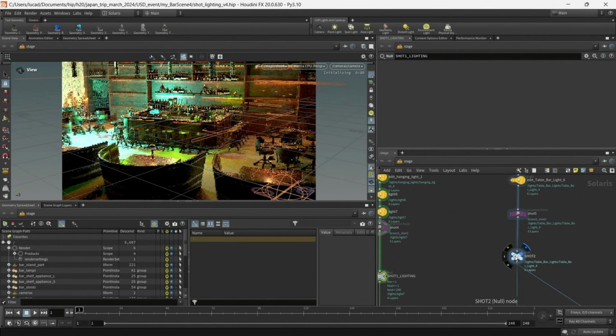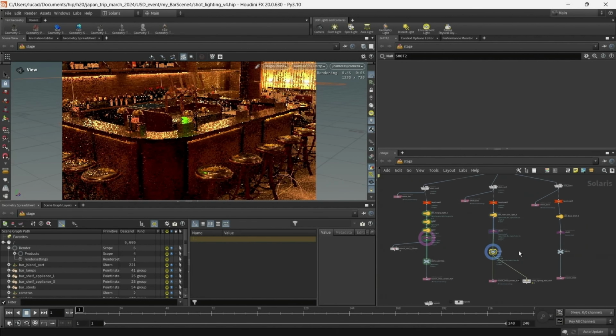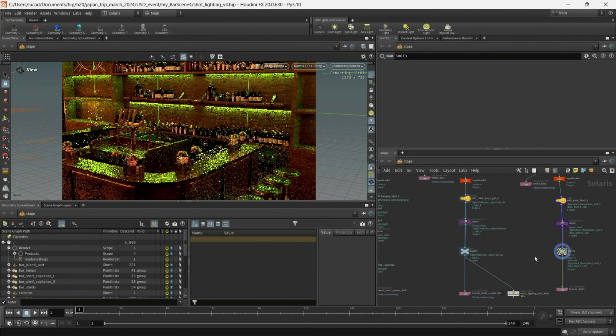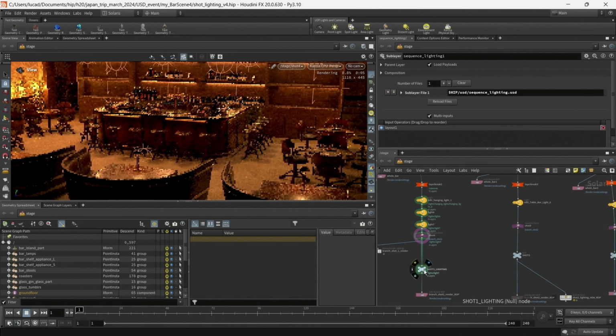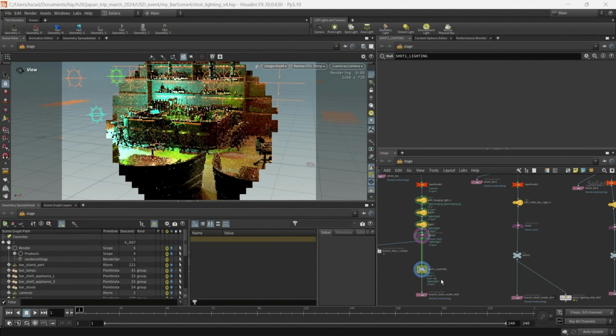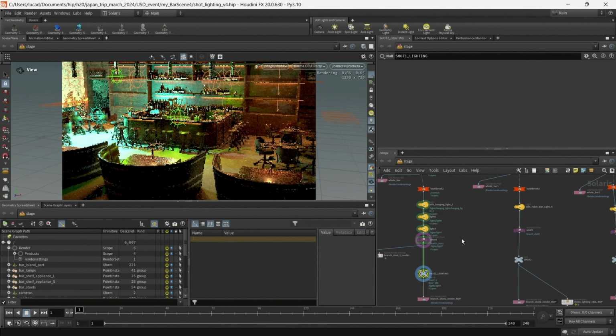The lighter can add new lights or modify lights that the lead created in the sequence lighting USD file. Once the shot lighting is complete, 3 separate shot lighting files are written to disk.